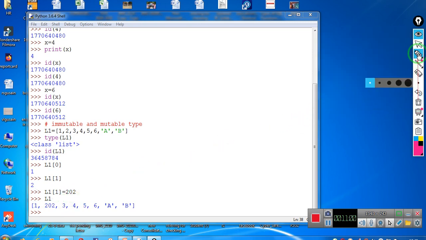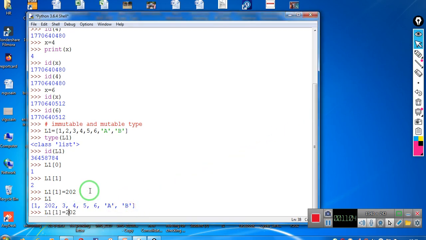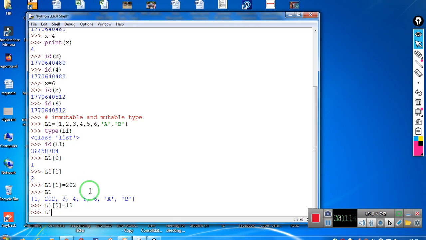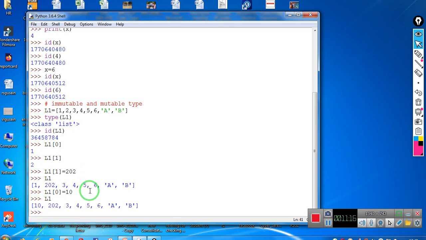The same way we can change the value at another index also. Suppose I want to change the value at index 0 to 10. When I give the command print(L1), you can see earlier the value at index 0 was 1, now the value at index 0 is 10.